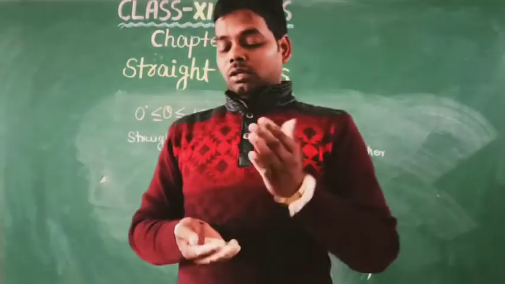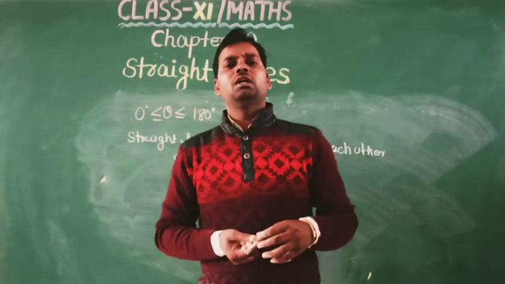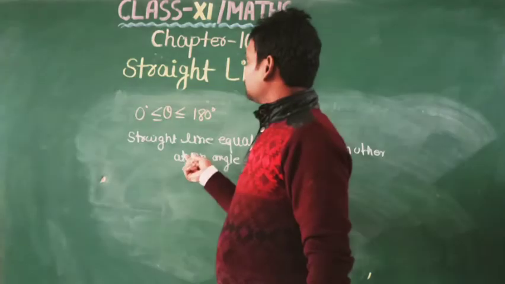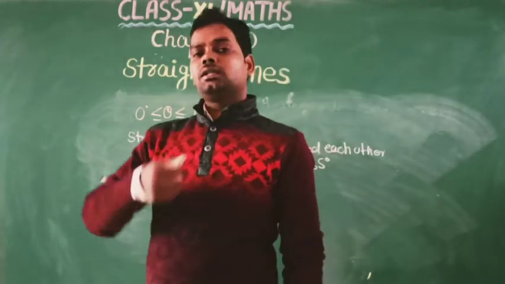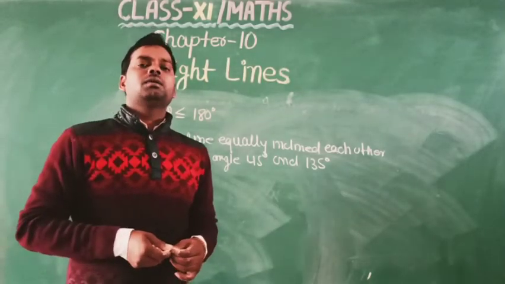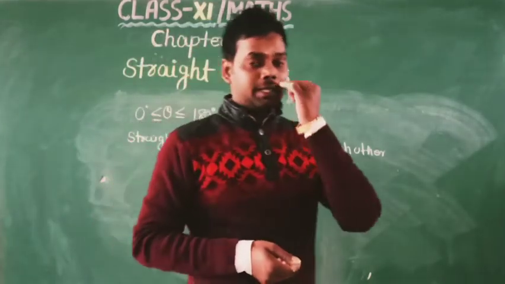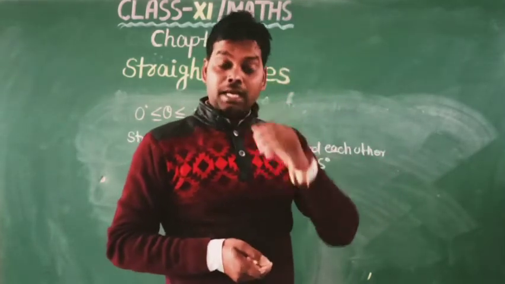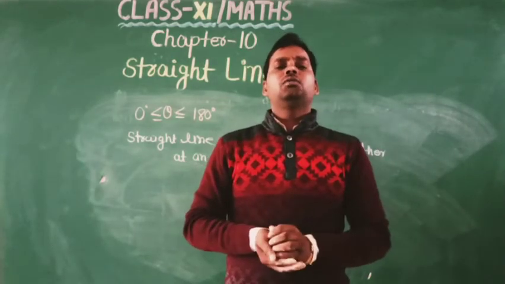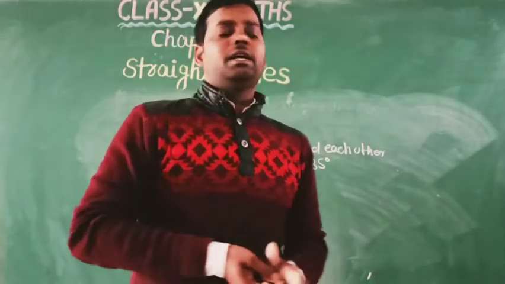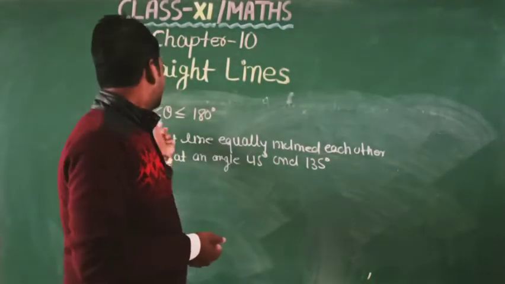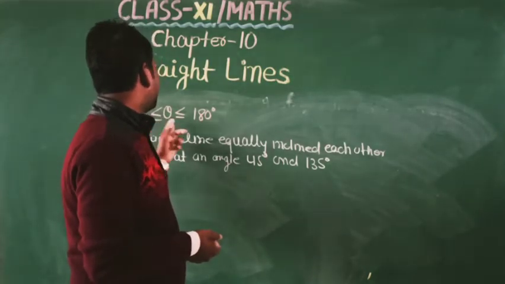Okay children, so basically today we learned the definition of a straight line and what the slope of a straight line is. The slope of a straight line is the angle it makes with the positive direction of x-axis in anti-clockwise sense, generally denoted by m equal to tan theta, and the angle theta lies from 0 to 180 degree.